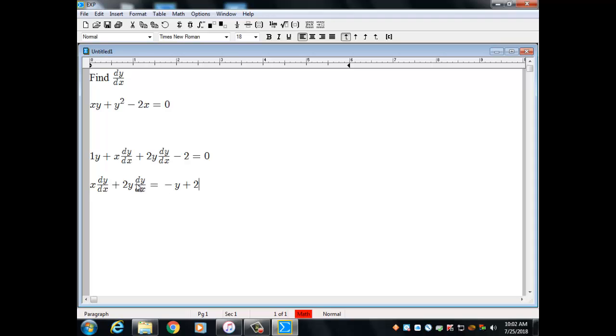All right. Now factor out the dy/dx. What do you get? dy/dx would be x plus 2y equals negative y plus 2. And now we're dividing by x plus 2y, and we're going to divide by x plus 2y, and that will give us our final result of dy/dx,